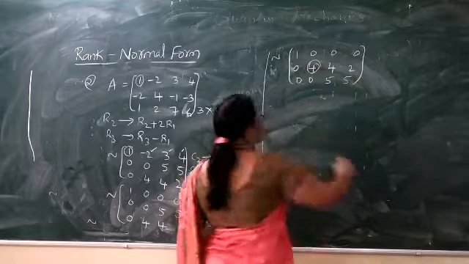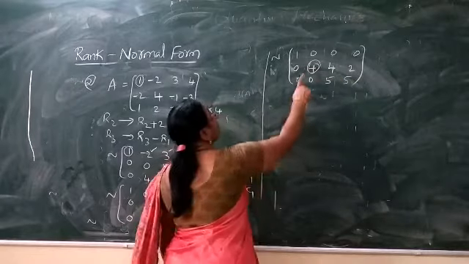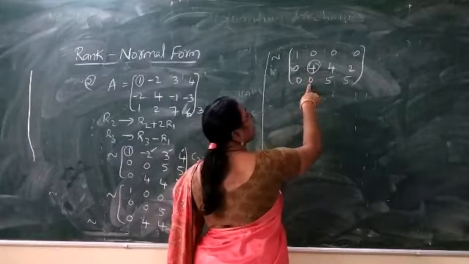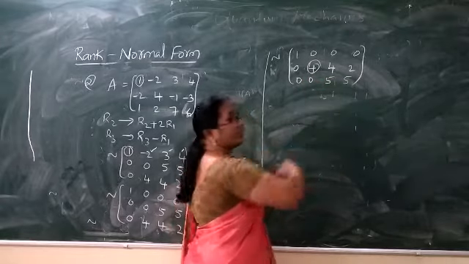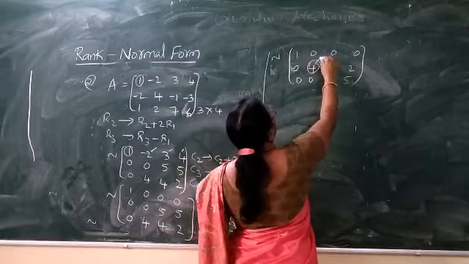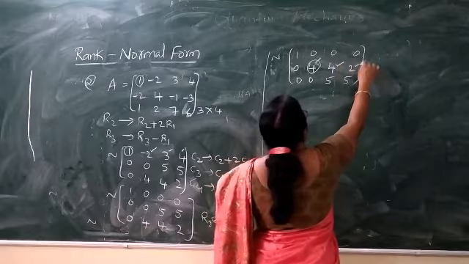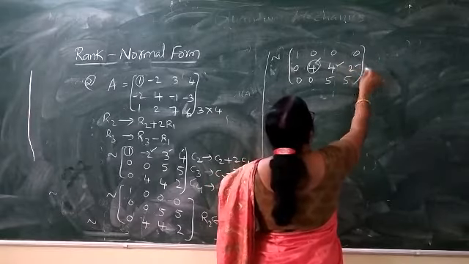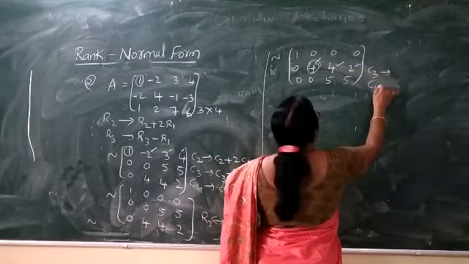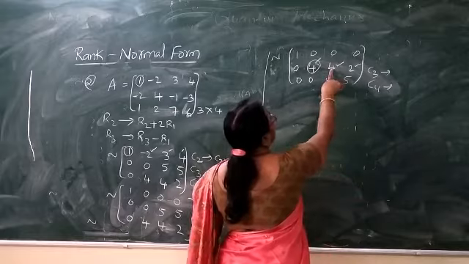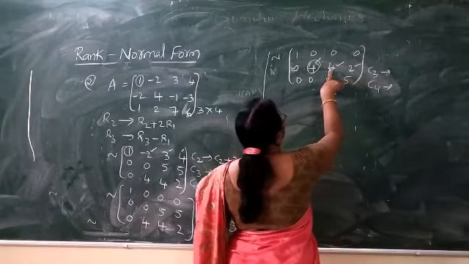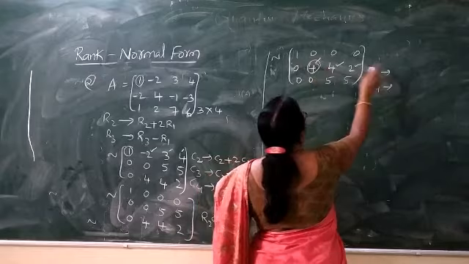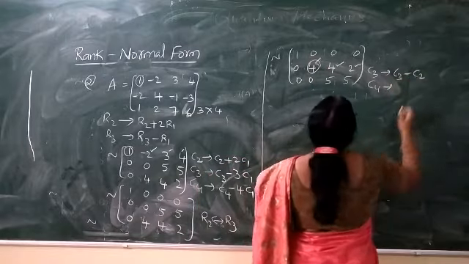Now the second pivot is non-zero, and what we do with that? We make the element below zero. Already the element below is 0, so there is no need of making it zero again. Now using this 4, the elements 4 and 2 belonging to C3, C4 must be made zeros. So we make the C3 element 4 zero. Column 3, the element 4 to make 0, we have simply 4 minus 4. It is C3 minus C2.